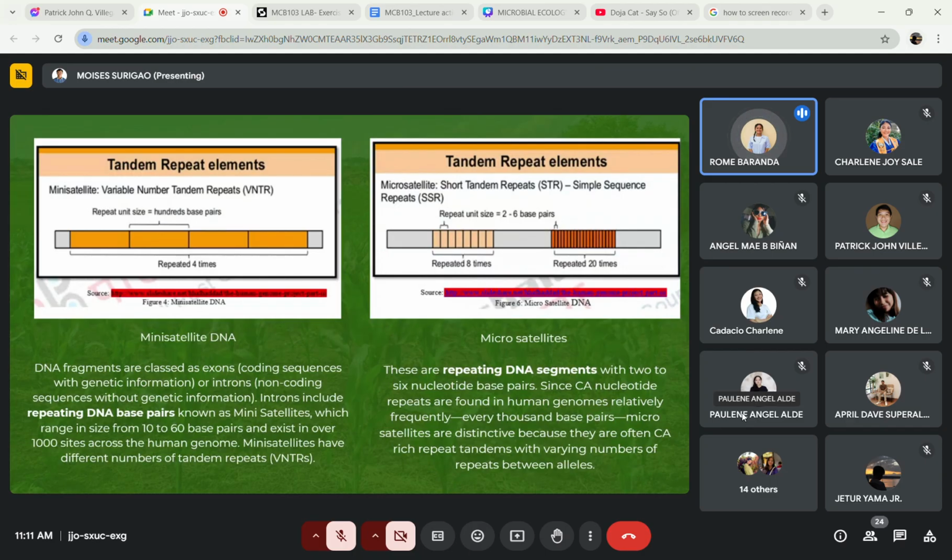So to distinguish these two, yung mini satellite DNA, when it comes to their repeat unit size, yung mini satellite is composed of 10 to 60 base pairs sa kanyang parang segment. And then sa microsatellites naman is 1 to 6 base pairs lang. For the total length, the mini satellites, it is up to 30 kilobase pairs, whereas the microsatellites, it is usually